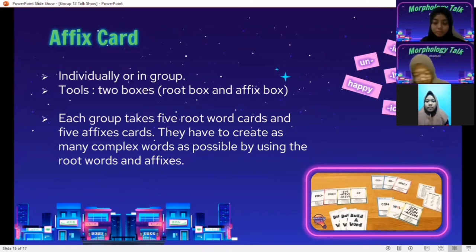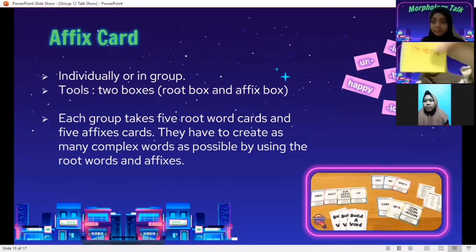Okay, 2 boxes. The first box is a root box. There are several root words like kind, friends, and many more. And the second box is for affixes, words like mis,